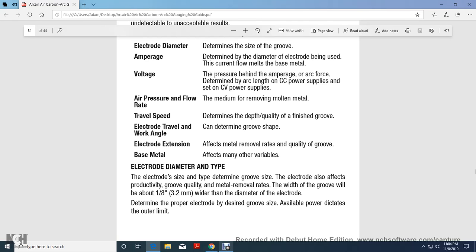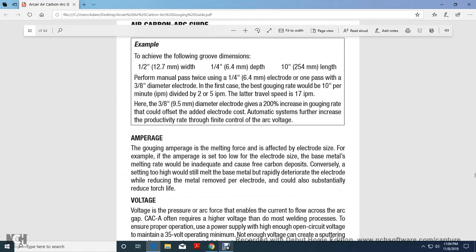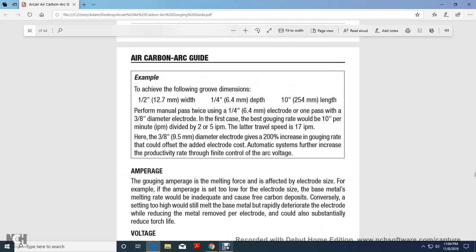Electrode diameter: the type and diameter of the electrode determine the groove size, and also the productivity, groove quality, metal removal rate, and width of the groove, within 1/8 of an inch of the diameter of the electrode. Determine the proper electrode for the desired groove size; available power dictates the amperage limit. Example: to achieve the following groove dimensions, 1/2 by 1/4 by 1/10 inch,